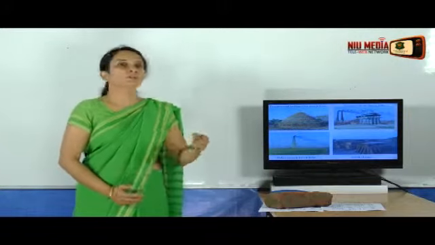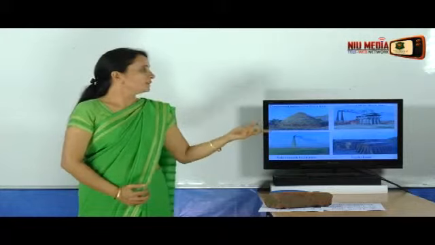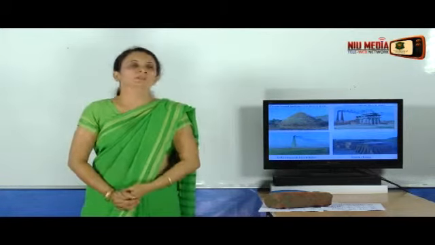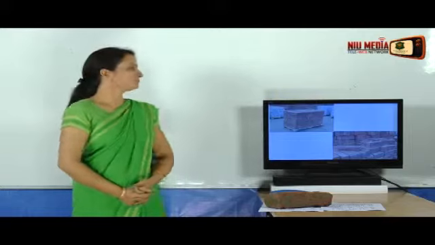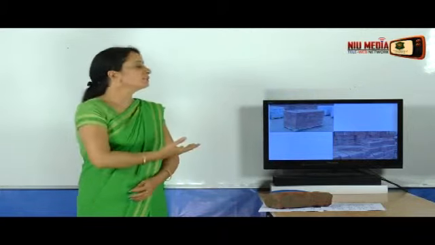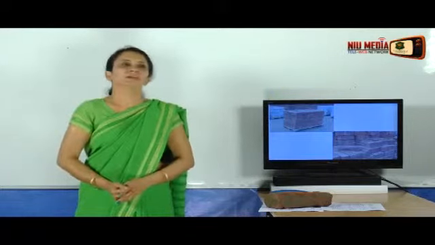Next. These are two types of kilns I have told you. These two are clamps and these two are kilns. What is the difference between clamp and kiln? Kiln is for larger scale and clamp is for smaller scale. Next. Now we have gone through the manufacturing process, then we have got the end result. These are the bricks we have got after burning them.